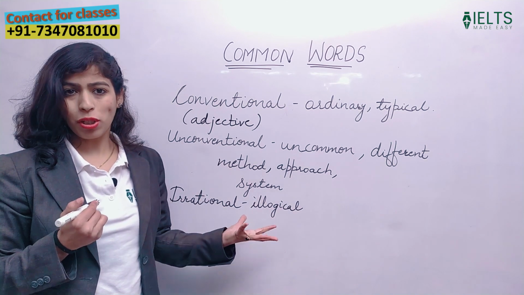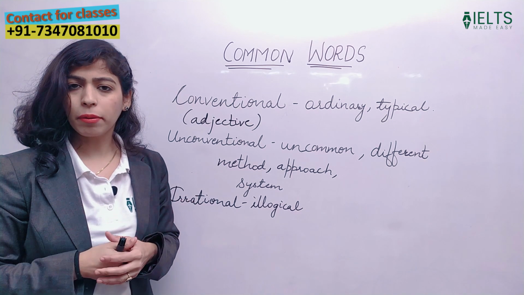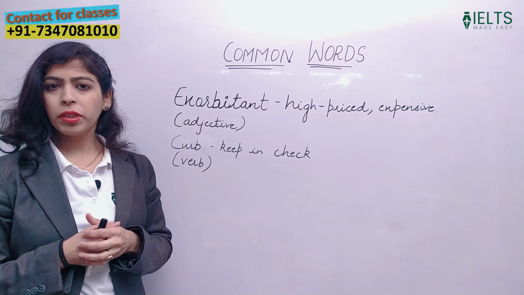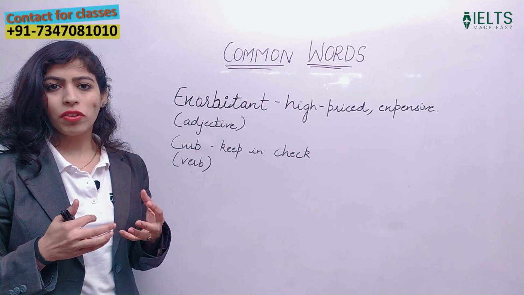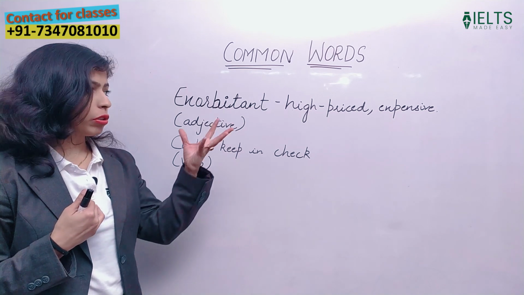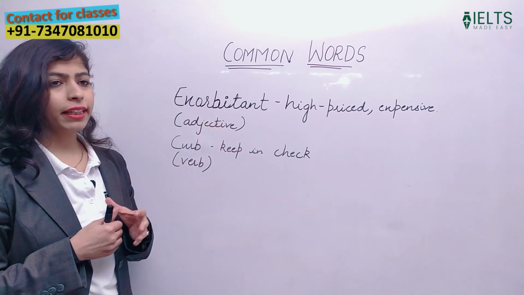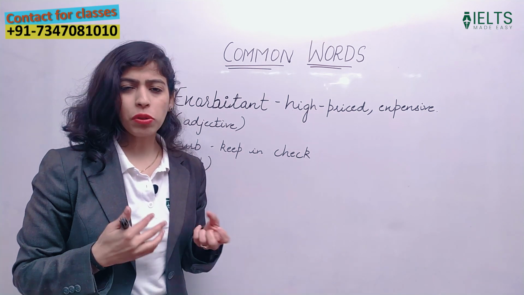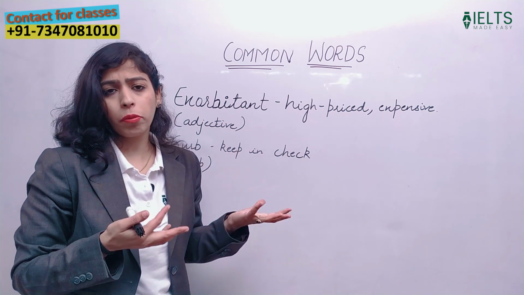I believe ये आपको समझ आ गए, these three words also. Now we'll discuss some more words. So the word is exorbitant. Exorbitant means something which is high priced and expensive, something which is overly priced. We can also use the synonym overly priced, expensive here. It is basically an adjective and it can be used for clothes, gadgets or any other accessory, some noun like something which you find exorbitant.